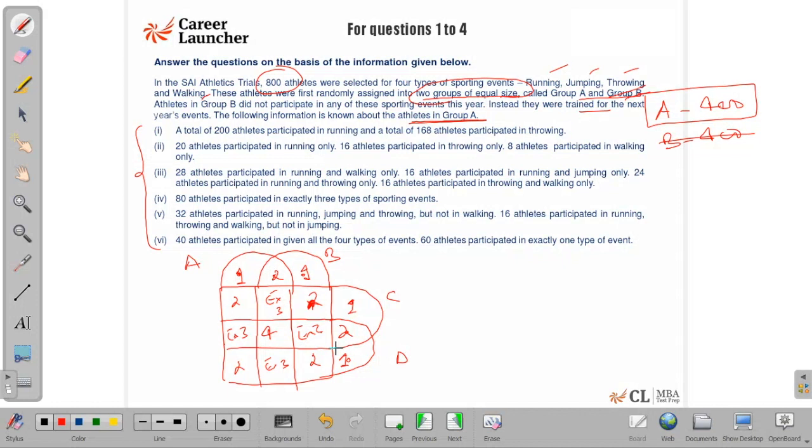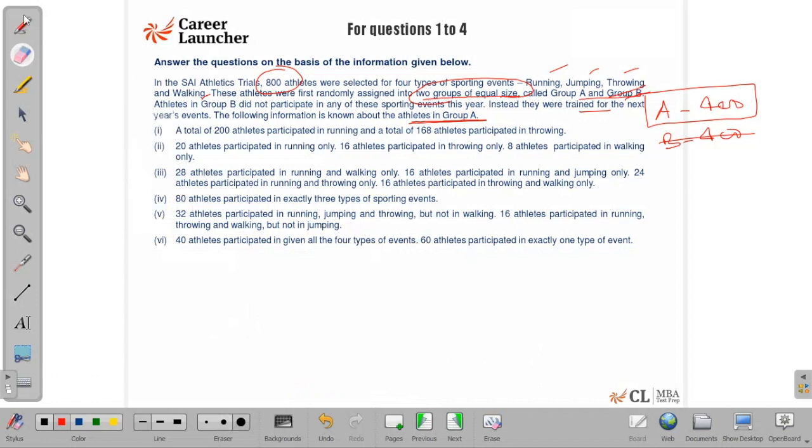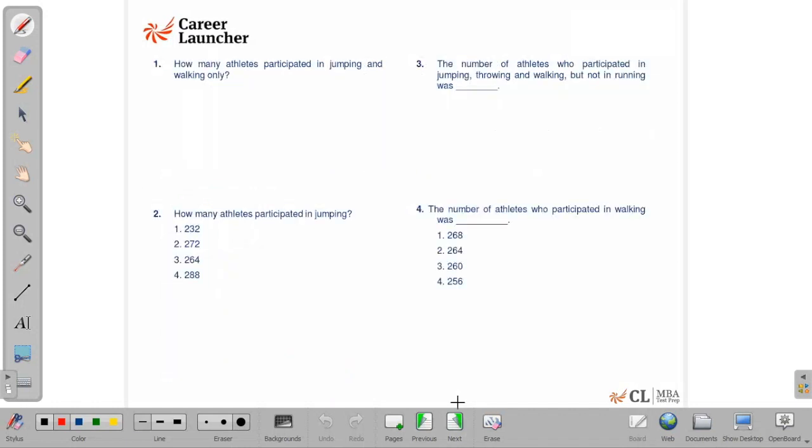But as usual, before I start solving the data, before I start going through the data, start making the Venn diagram, I would like to quickly go through the questions and see whether it is doable or not, and if I can use the questions and the choices in some way or the other. How many athletes participated in? Again, definite answer. This also has a definite answer. What is it telling us? Most of the time you should be able to, or in fact all 4 will have definite answers. That means you should be able to complete the data set and complete the table. You will not have multiple cases. That's what it's saying.